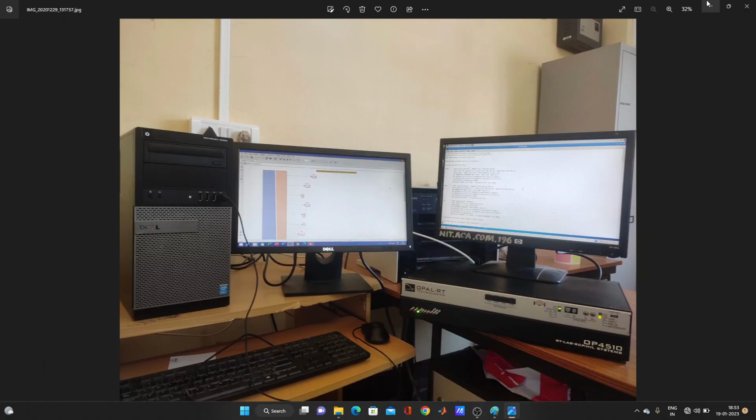Hello guys, so in this video we are looking at one small setup of real-time simulation. Okay, there is one PC and one real-time simulator and two monitors connected. This PC and this real-time simulator are connected through one cable, that white color one you can see here. Okay,